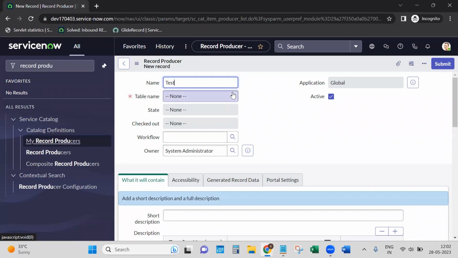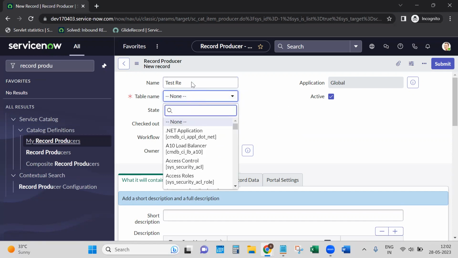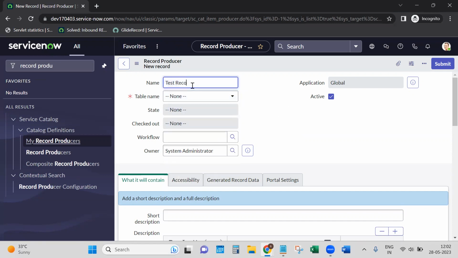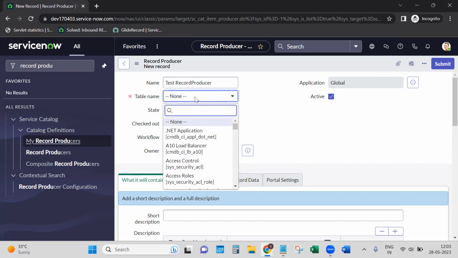For the name we'll give test record producer. See here, the system directly asks us to specify the table name. While creating the catalog item, there was no such option. So if we give incident as the table,